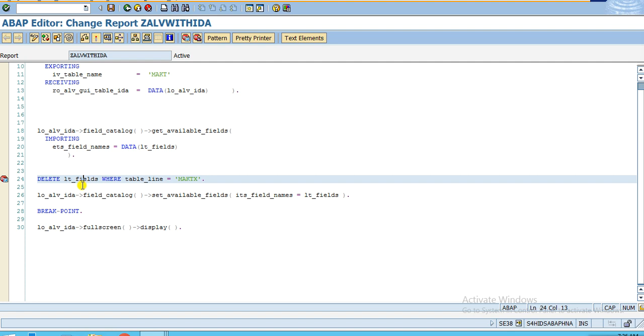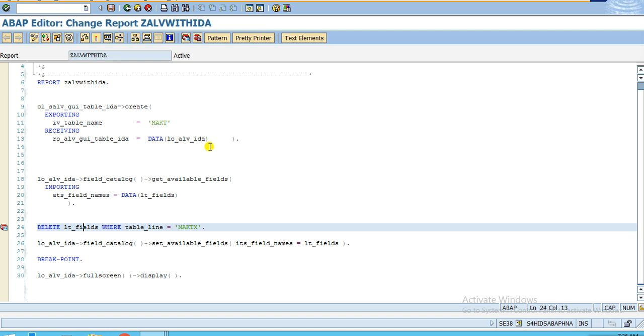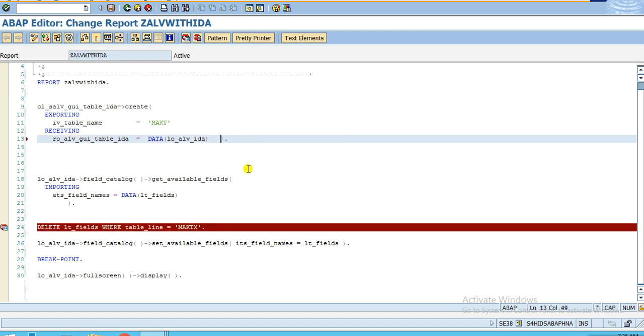Now what other things can we do? Suppose you want to put some column description. If you want to put some column description, how can you do that? Okay, so